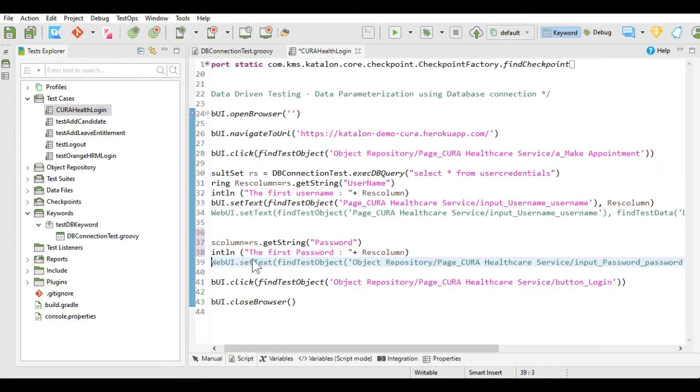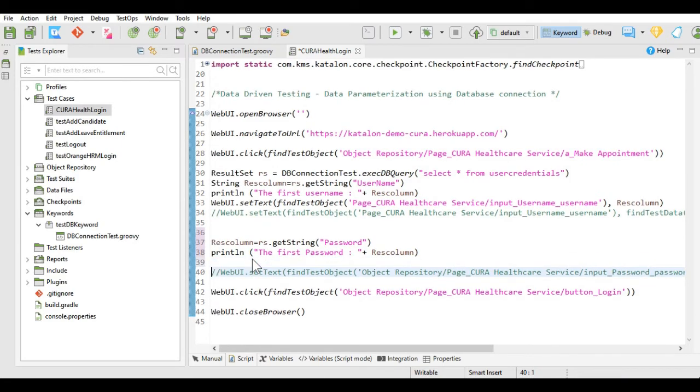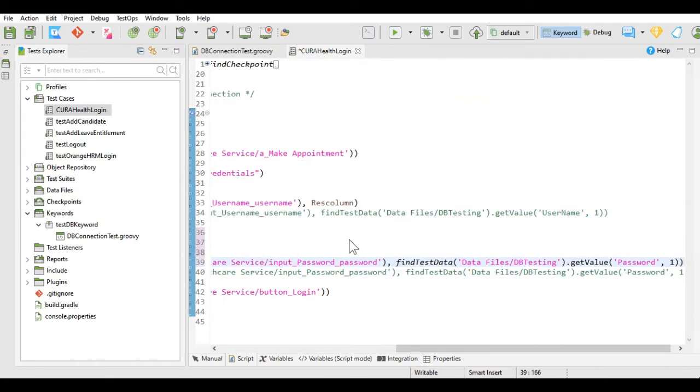I will copy it, paste it here, and change this part of the code to the res column variable name.